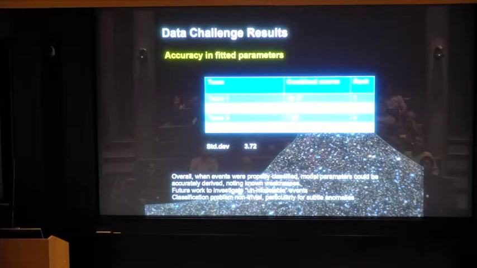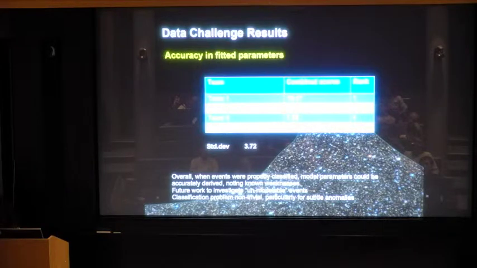In the first category, the accuracy of fitted parameters, there was some variation in how the different teams handled the challenge, not necessarily handling all of the light curves, but analyzing a subset. Overall, when the events were properly classified, the parameters could be accurately brought out, mindful of the known degeneracies and weaknesses in the modeling process. One area of work which is still ongoing is to handle those cases which were effectively unmodelable, for which all teams produced either nonsensical answers or couldn't accurately classify them. That's something that we will pick up at the end.